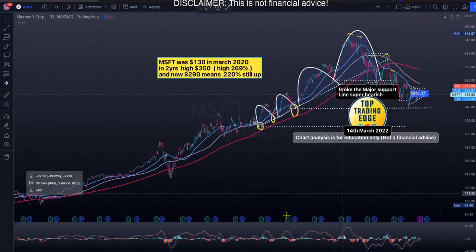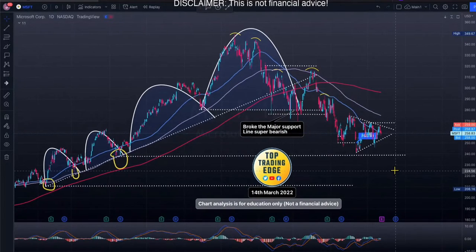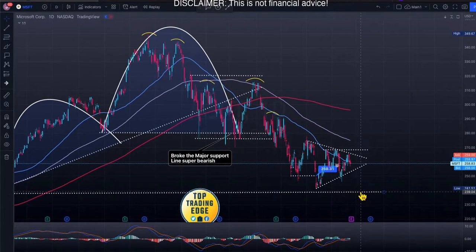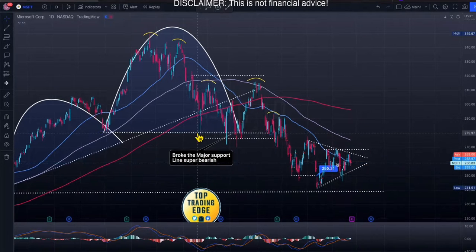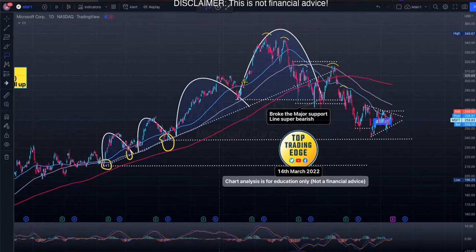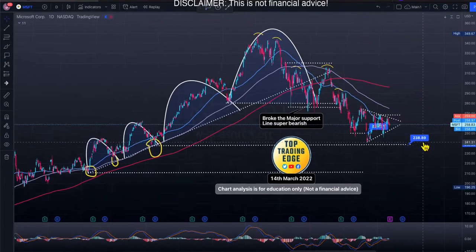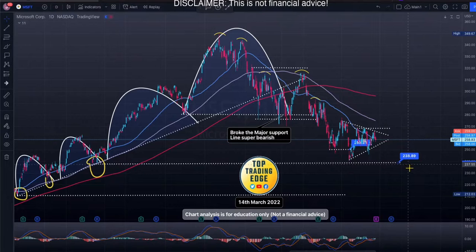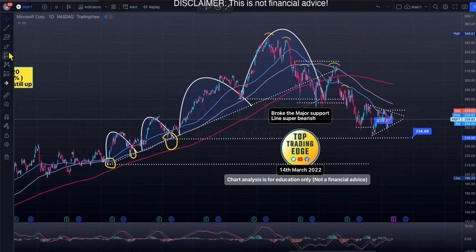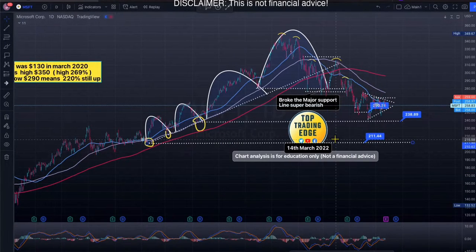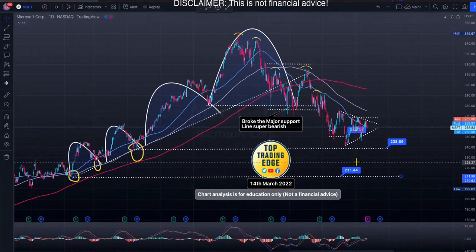Because of the record-breaking earnings, this time they might have a little glitch, and probably the market might not like it. If that happens, my price target for Microsoft is not about this earnings, I'm not just talking about earnings, but the support area is right here, that's 238. Once SPY takes the floor down and we go to another lower low in SPY, then we can go and catch this, but this will probably be 2023 or something. If a recession really occurs and stuff like that happens, then look at this. This is the strongest support area, that's why I think 211. But that's a later stage. I'm not trying to think about it right now.